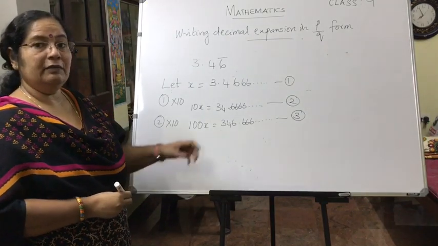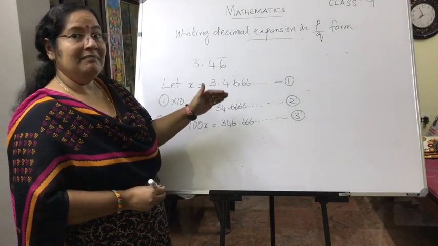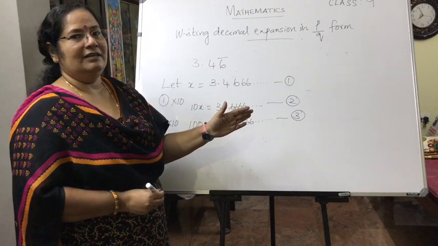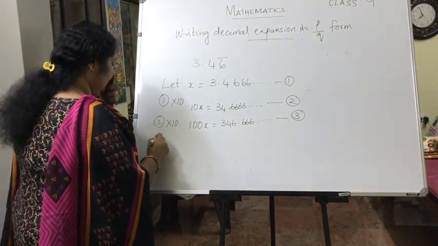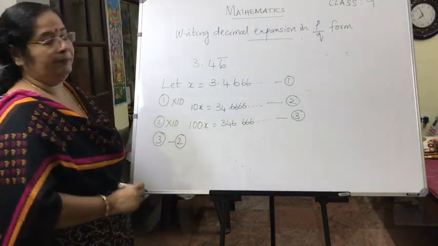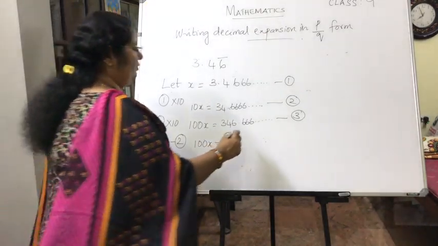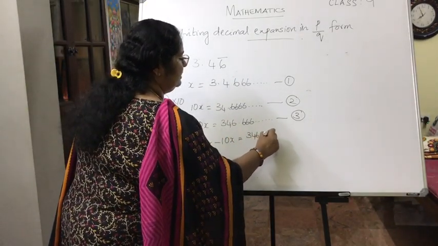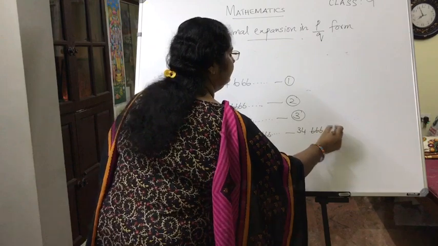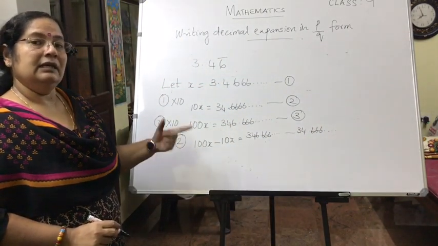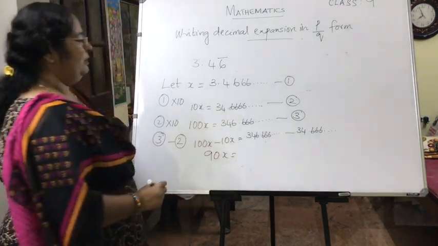Now which equations will you look at? 3 and 2. Both of them have the same decimal part. So when you subtract, the decimal part becomes 0. How will you subtract? Equation 3 minus equation 2. So 100x minus 10x will be equal to 346.666 minus 34.666. So what is 100x minus 10x? 90x. So 90x will be equal to